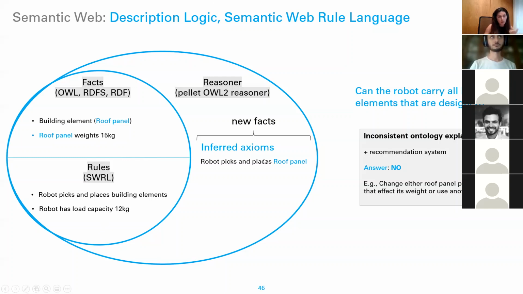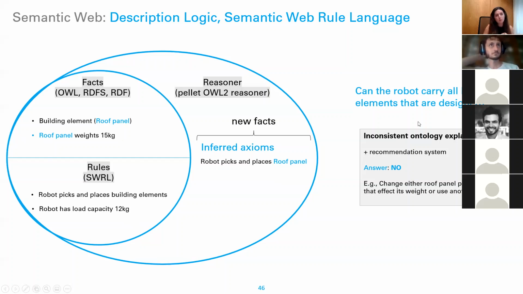And the new knowledge that directly can be inferred is that we say that robot picks and places building elements. And a roof panel is a building element, then we know that robot picks and places roof panels. Then we can use the reasoner again, and we can query some information like, can the robot carry all building elements that we have designed? And then the system will check the robot load capacity and the weight of roof panels, and it can tell